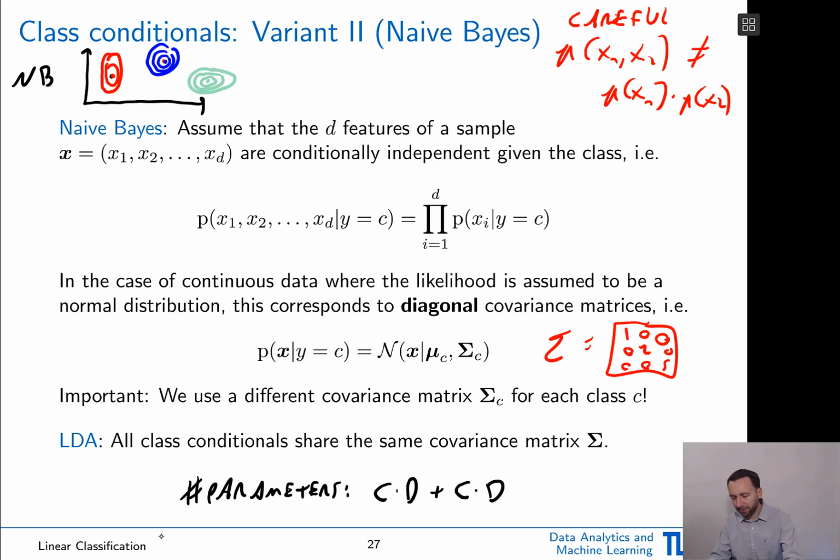So what you see is that all of these classes have different covariances. One is tilted in this direction, one is more like a circle, one is more stretched around this direction. Important, however, is that the dimensions, the features, are conditionally independent. So these here are, so to say, axis aligned. It's always like this, or it's a circle. So this is a naive Bayes, while the